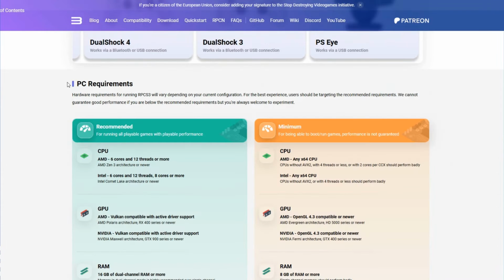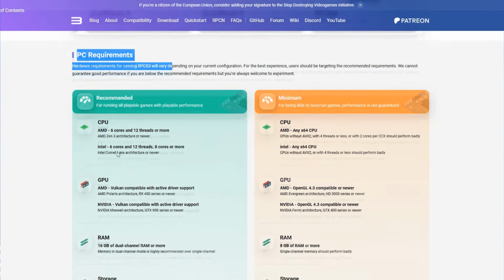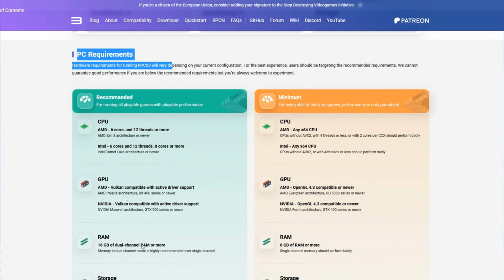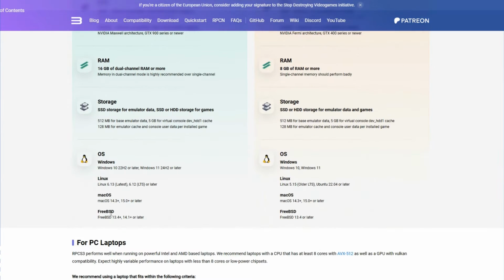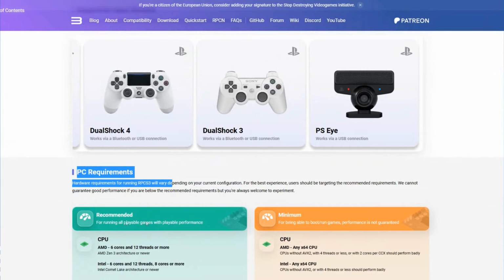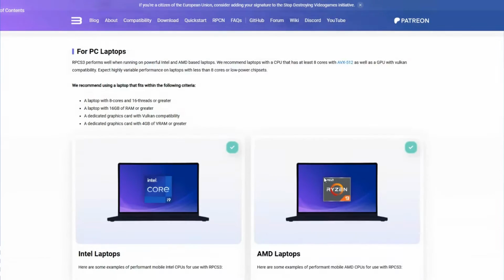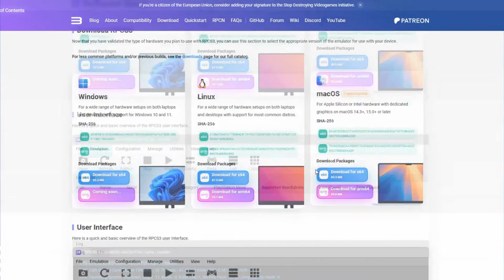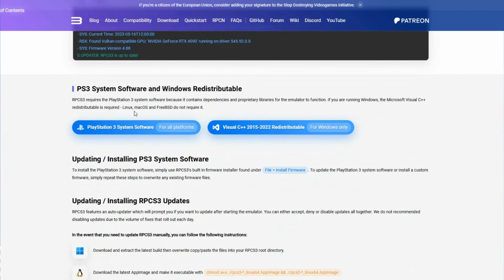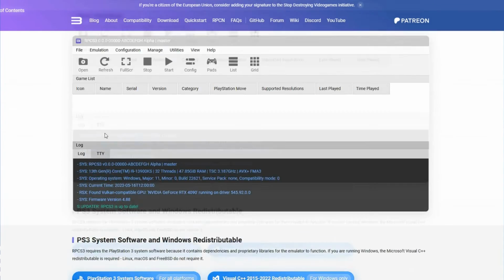Here scroll down and you will find PC requirements. Here they recommend CPU, GPU, RAM, storage, and OS. So these are the requirements, and you can also check here the minimum. Then when you check everything, you can start downloading it, and then when you download it, you can start